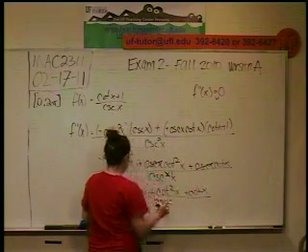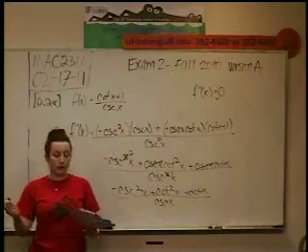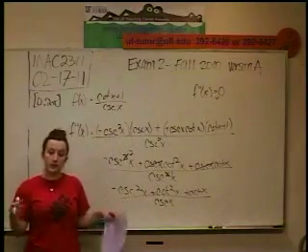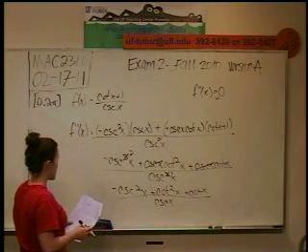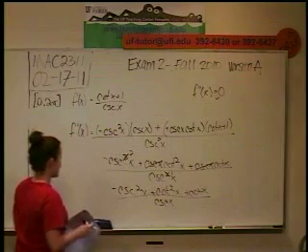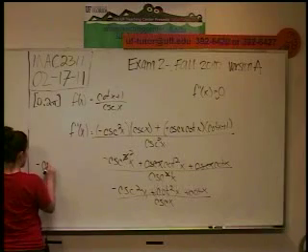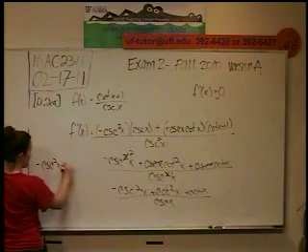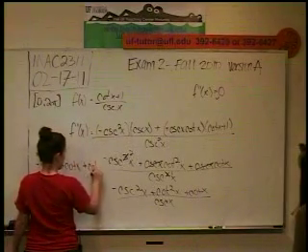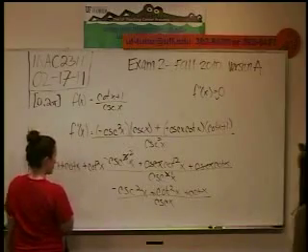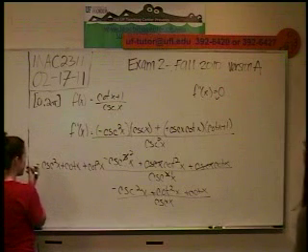cosecant x. So for them to have horizontal tangents, our slope is going to equal 0. So we're going to need to set the top portion equal to 0. So we've got negative cosecant squared x plus cotangent x plus cotangent squared x, right? Yes. And I'm going to have to factor that somehow. Use